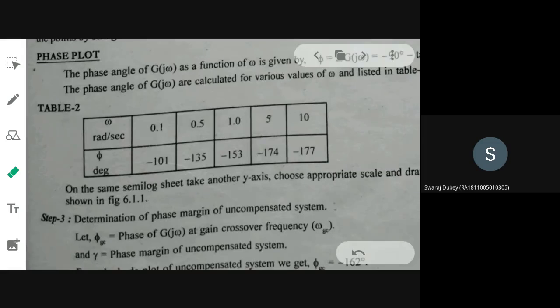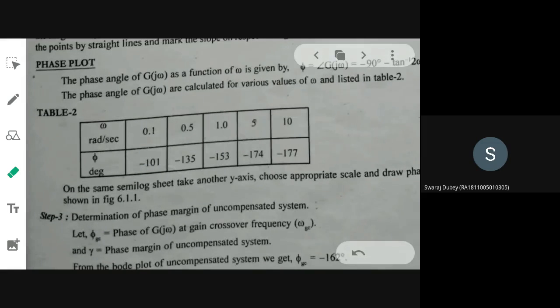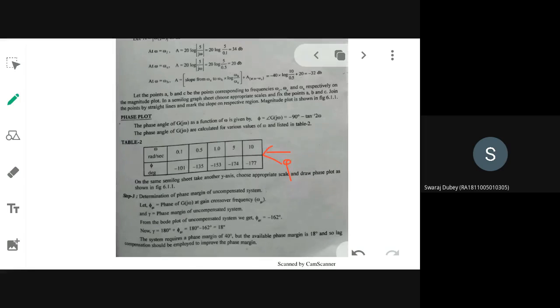No answer from your side. Ma'am, we will try, ma'am. I will give you 5 minutes. You try it out and tell me what is the phase margin that you are getting for this uncompensated system. You need to remember that it is an uncompensated system; you have not yet designed the compensator. You have to take the phase values, draw the phase plot, take these values and draw the magnitude plot, and tell me what is gamma. For an uncompensated system, you need to determine that. That is your third step.